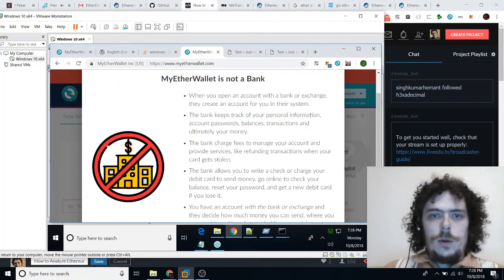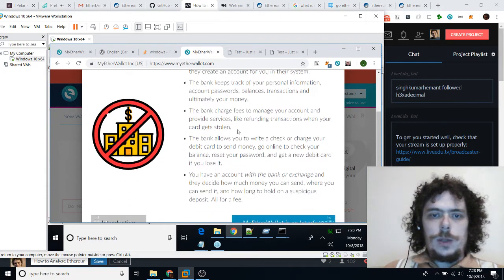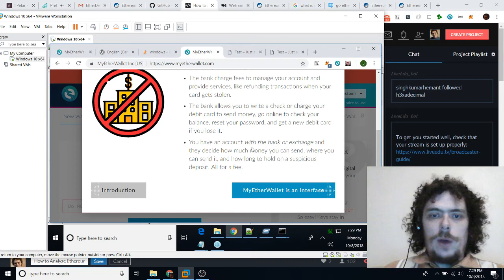MyEtherWallet is not a bank. When you open an account with a bank or exchange, they create an account with you on their system. The bank keeps track of your personal information, account passwords, balances, transactions, and ultimately your money. The bank charges fees to manage your account and provide services like refunding transactions when your card gets stolen. The bank allows you to write a check or charge your debit card to send money, or go online to check your balance, reset your password, and get a new debit card if you lose it. If you have an account with the bank or exchange, they decide how much money you can send, where you can send it, or how long and how long to hold on suspicious deposit, all for a fee that they